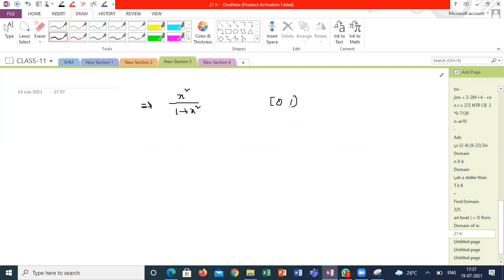How you can argue this statement? Sir, I equated it using y and found it. Without that, how you can argue, how you can do? Sir, because 1 plus x square is always greater than x square. Numerator x square is always less than 1 plus x square, the denominator. Correct? This can be written as 1 minus 1 by 1 plus x square.